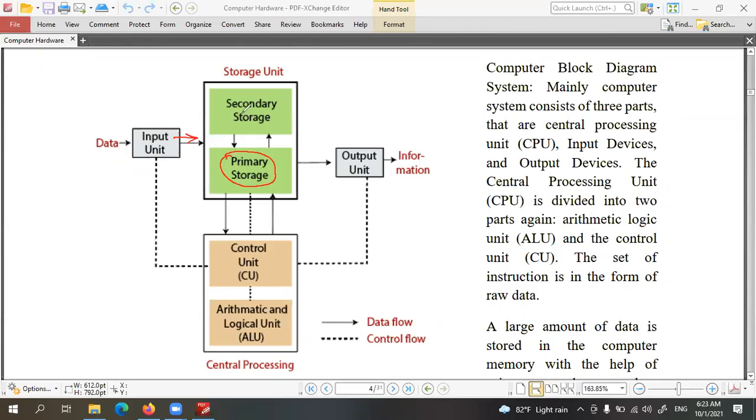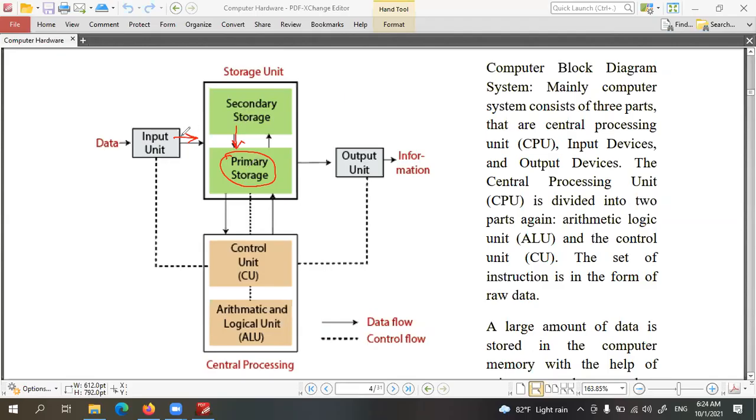And again, some data can be stored permanently in storage devices. Those also initially must be saved in the primary memory. So the data which are stored in the secondary storage also has to be stored in the primary memory before processing.